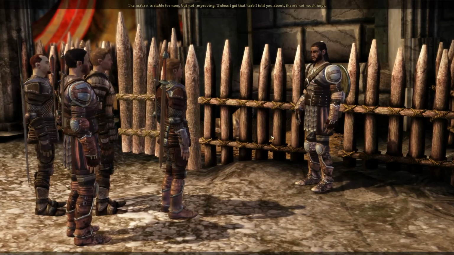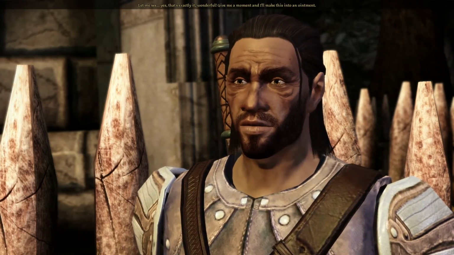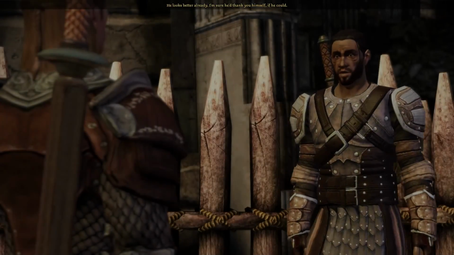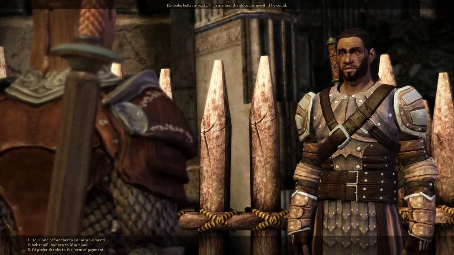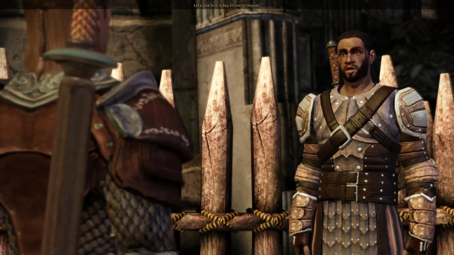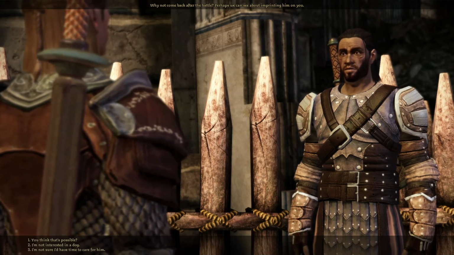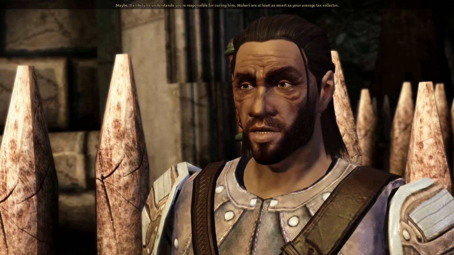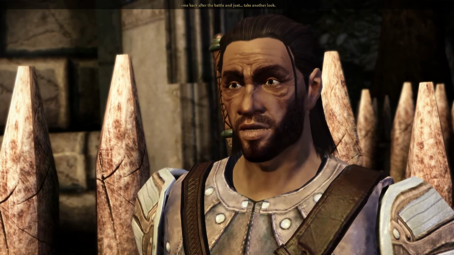My apologies for... The Kennel Master. The Mabari's stable for now, but let me see. Is this the flower you were looking for? Yeah, that's exactly it. Wonderful. Give me a moment and I'll make this into an ointment. He looks better already. I'm sure he'd thank you himself if he could. How long before there's an improvement? What will happen to him now? Let's give him a day or two to recover. Why not come back after the battle? Perhaps we can see about imprinting him on you. You think that's possible? Maybe. It's likely he understands you're responsible for curing him. Mabari are at least as smart as your average tax collector. Come back after the battle and just...